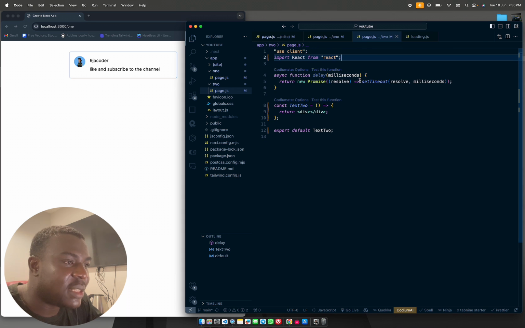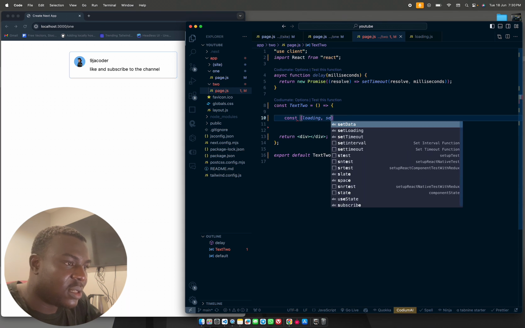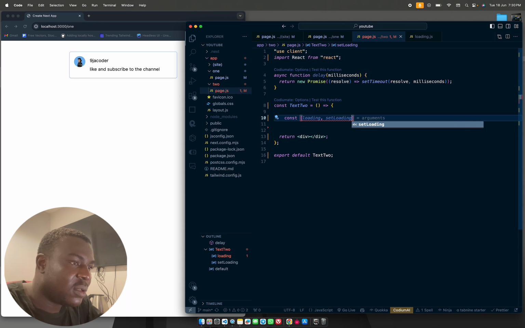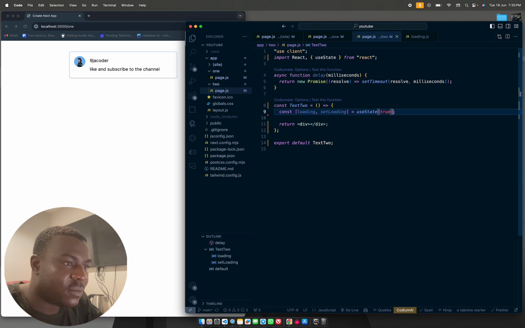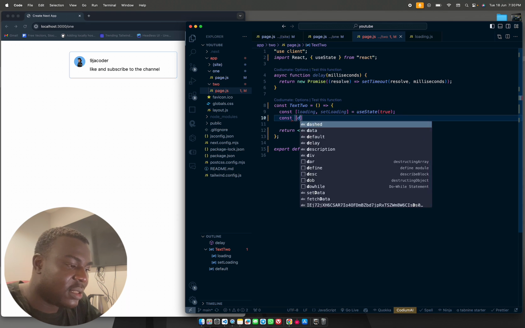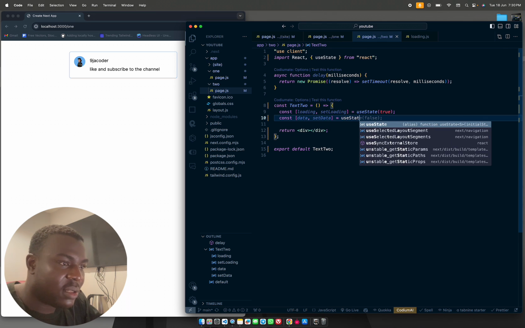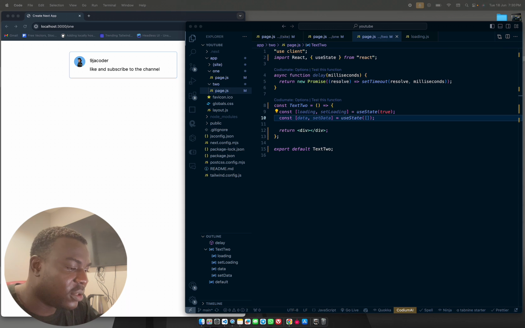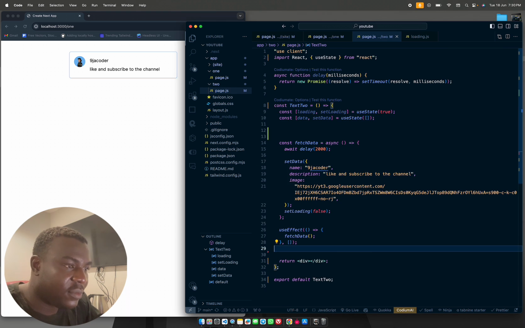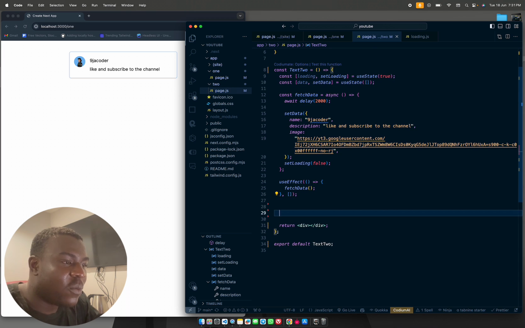So now we're going to come over here. We're going to say constant loading, set loading equals to use state to be true. Then we're going to say constant data, set data equals to use state, and we're just going to leave an array with no data at all. Okay, so now we're going to get the fetch function and the use effect, the same thing that we did in the previous lecture. Okay, but the only difference here is that what we're going to say